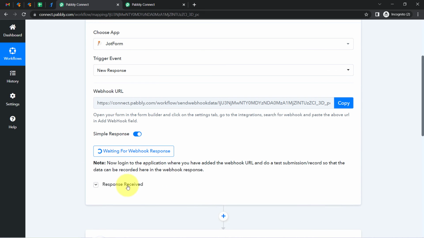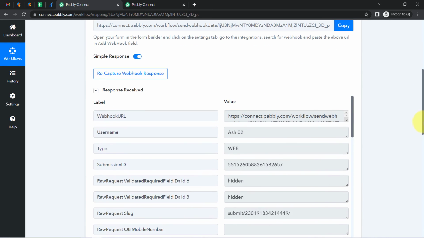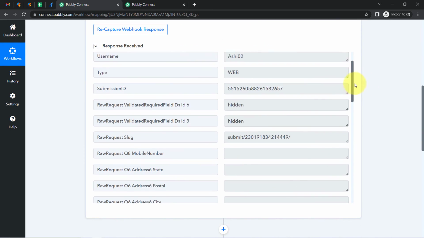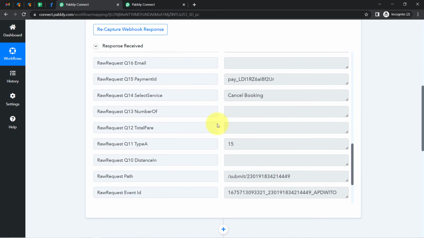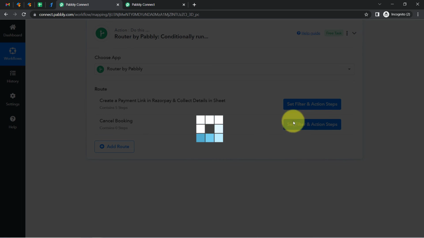Alright, it is still waiting for the response. And here you can see the response is received, and let me show you the status directly. Here you can see currently we have this selected service as the cancelled booking. And using this text only, we are going to specify the condition of cancel booking,